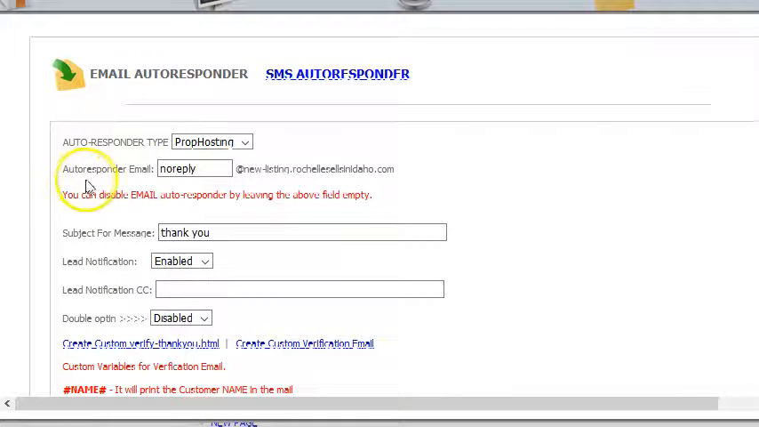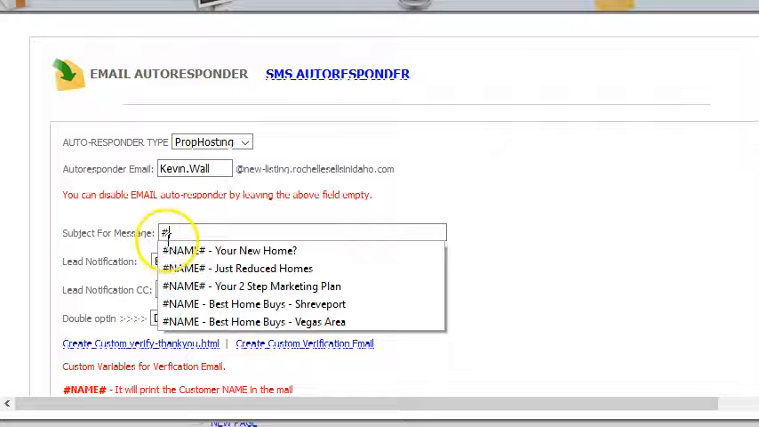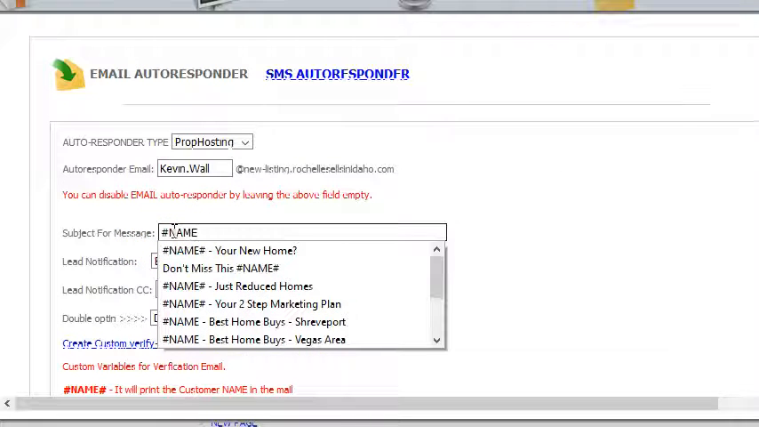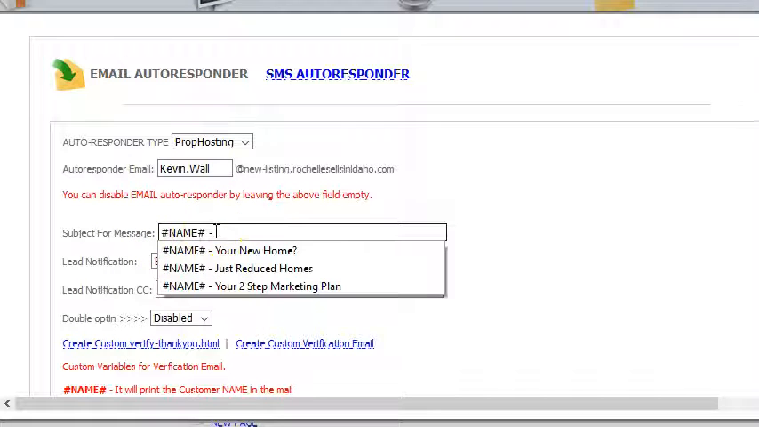Now the first thing is the autoresponder email. It says no reply, and you could use that, but I would definitely put my name there. So I'm going to put kevin.wall, and then what you want to do is change the subject for the message, and I like to use this code for name. The pound sign, number sign, whatever you want to call it, hashtag, name, hashtag,